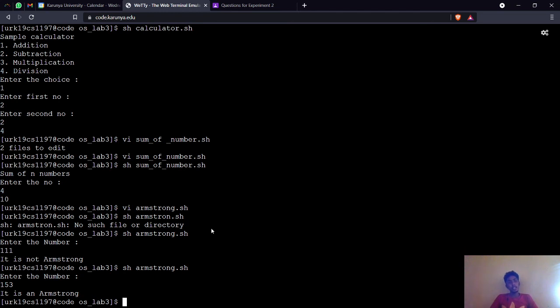Then the third number and fourth number, so 1 plus 2 is 3, then the fourth number and fifth number, 2 plus 3 is 5. That's the way it will be added, and it will go on. And if you want to mention a particular number, if you want 5, the fifth position number will be displayed. So that is the Fibonacci.